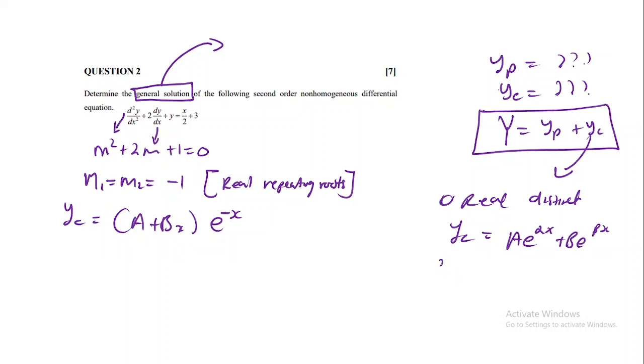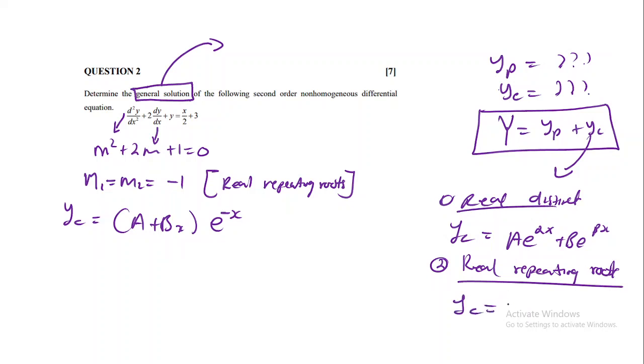And then when you are having real repeating roots, your yc is going to be equal to what? Ax plus b e to the exponent